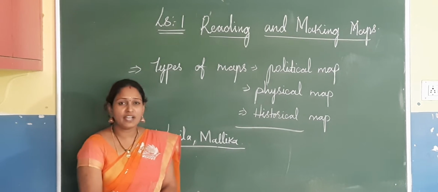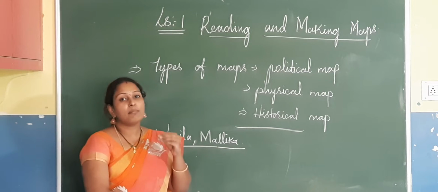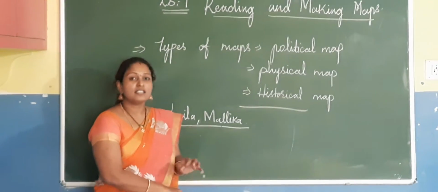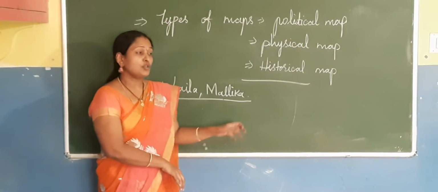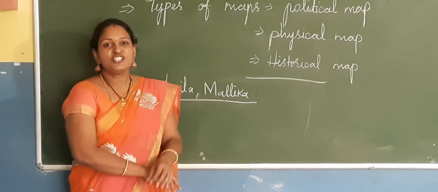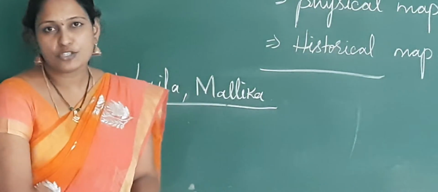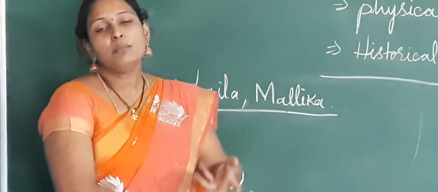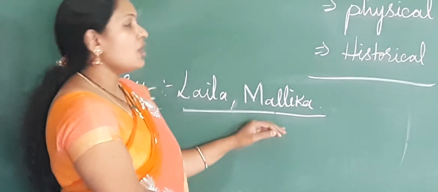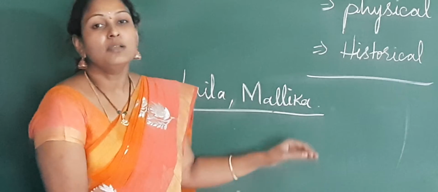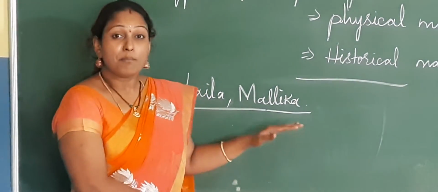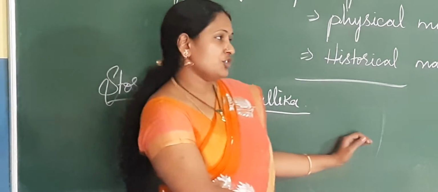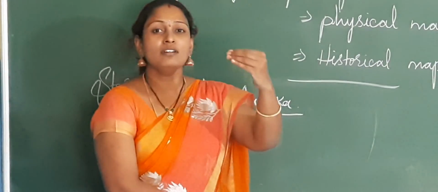Understand? So Malika asked for a sketch map, which is on your screen. Just have a look at the sketch map. In this sketch map, Laila has written only up to the bus stop. Right children? You can find little arrow marks, trees and buildings on the sketch map. By seeing that sketch map, Malika reached the bus stop. But Laila missed writing the exact sketch from the bus stop to the house.